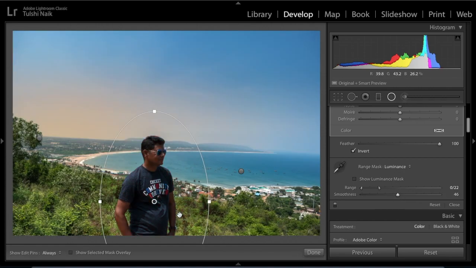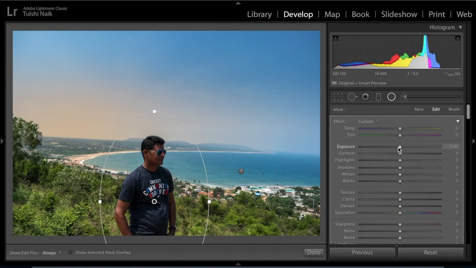So now we made a selection of the person. So let's increase the exposure. So lift up the shadows a little bit, so it will remove all shadows under the chin area and the forehead. Maybe I can decrease exposure a little bit. Smoothen out the skin by reducing the texture slider, and a tiny bit of clarity reduction. Let's zoom into the face.